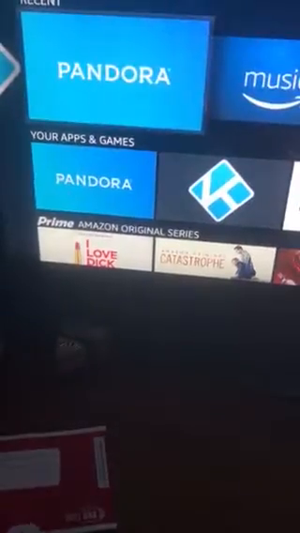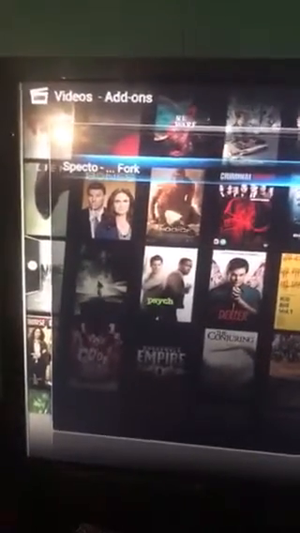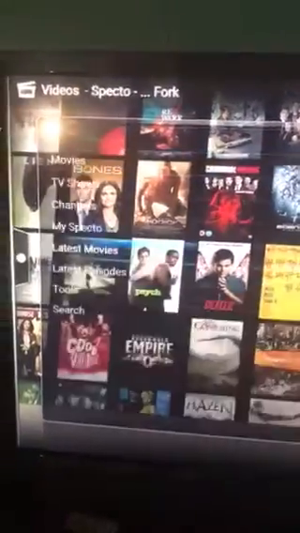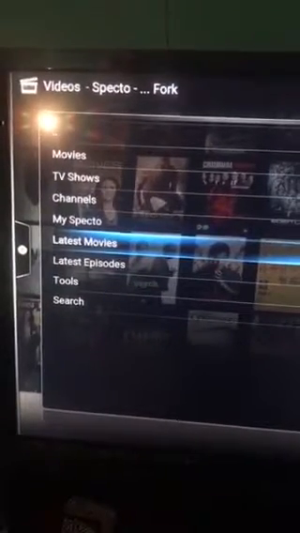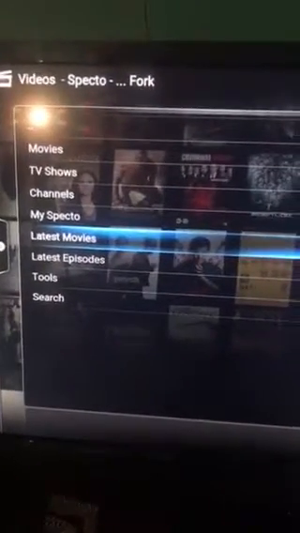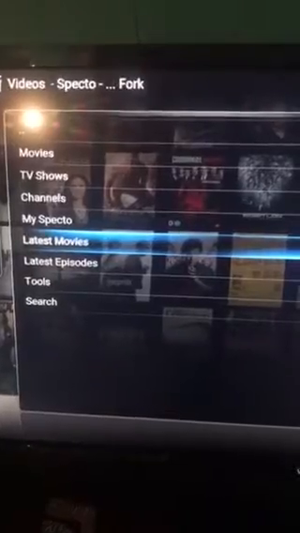Remember, always, like I said, apps and games, small K, right there takes you to Specto Fork, and that's where your jailbroken Fire Stick is, right there. Look at them: movies, TV shows, channels, my Specto, don't mess with that, latest movies, latest episode, tools, and search. Search is a great